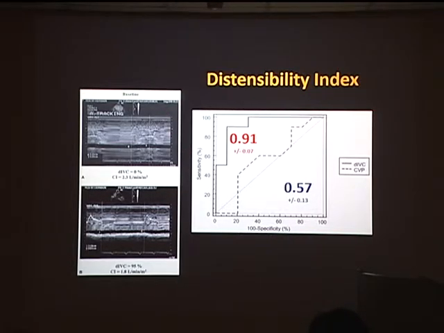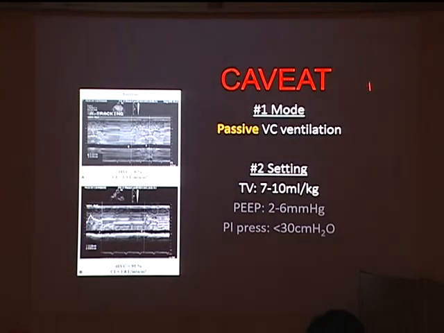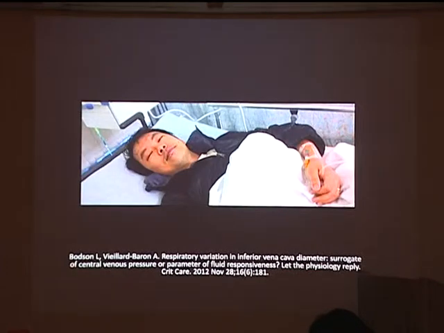What do you think is the caveat? The important thing is to make sure that your patient is passively intubated. In other words, your patient cannot be taking a spontaneous breath, because any spontaneous breath generated is going to vary your intrathoracic pressure. And the second thing is that this study was done pretty long ago. The tidal volume they used is a little on the higher side, so you must make sure that your tidal volume is about 7 to 10 mL per kg. Okay, how about spontaneously breathing patients? Do you recognize this patient?